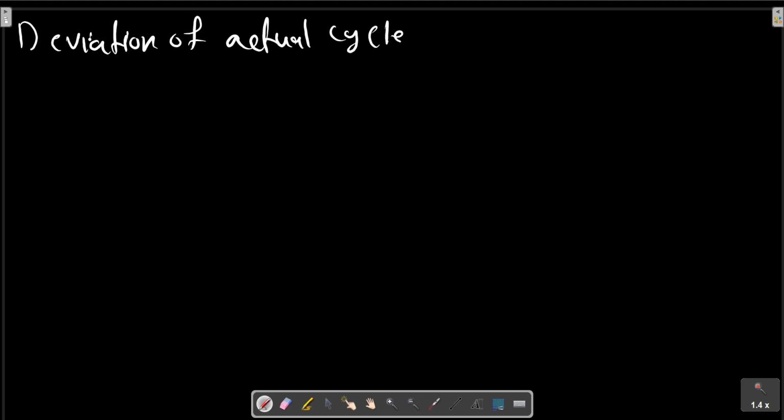Deviation of actual cycles from ideal cycles. Before we leave the matter of vapor power cycle, a few comments are in order regarding the ways in which an actual cycle deviates from an ideal cycle. The most important of these losses